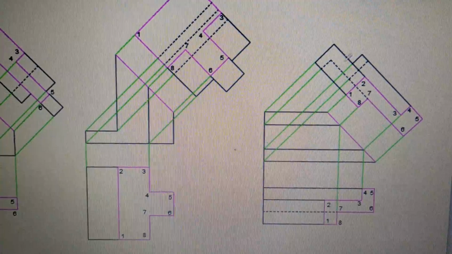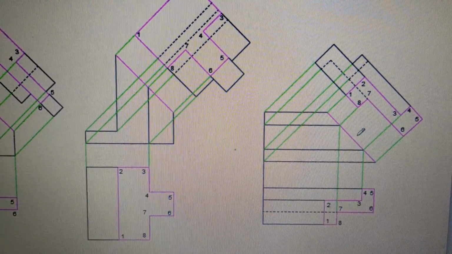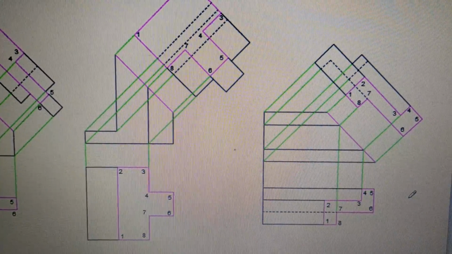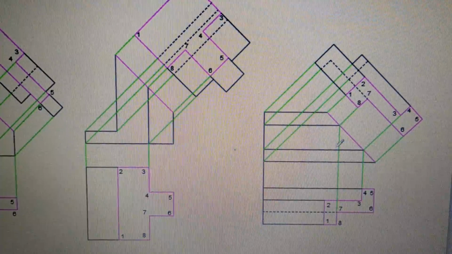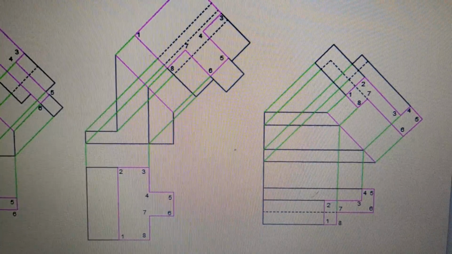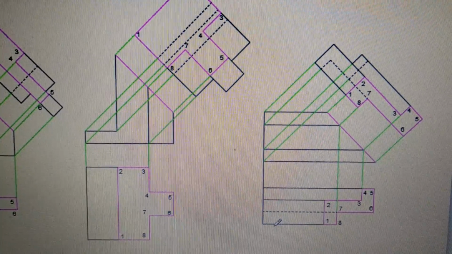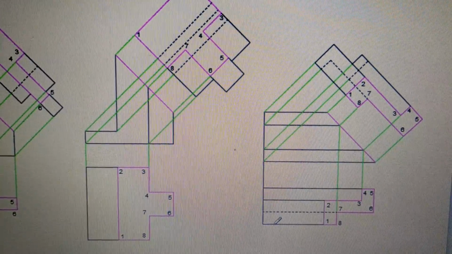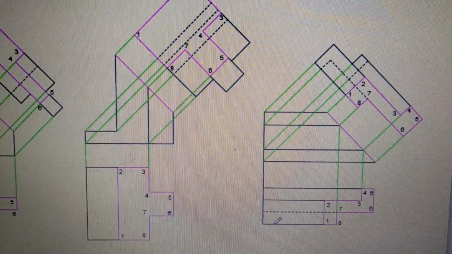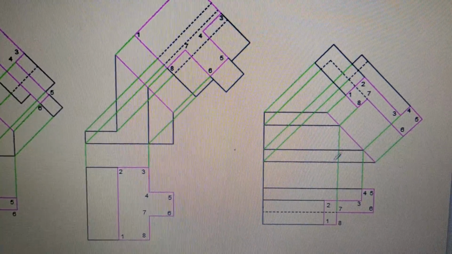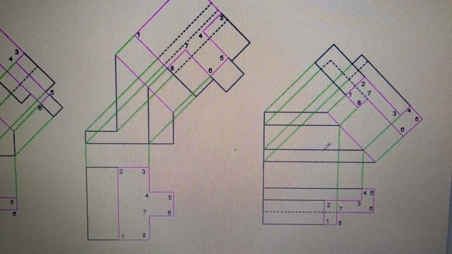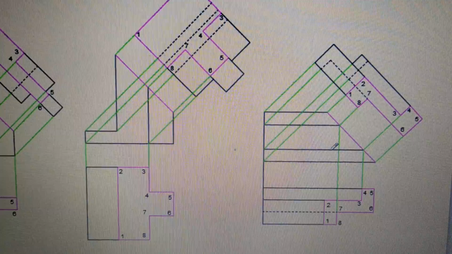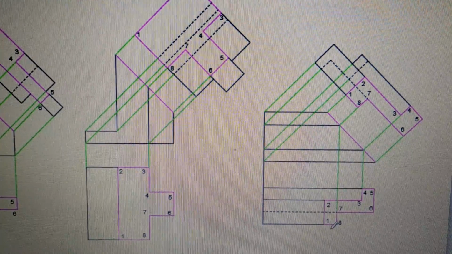Now let's go to problem number 3. Now first try to imagine how this object is. Again same thing, this is the front view and this is the top view. Now this is the object. This object looks like this. In fact this line should be a dotted line. This line is behind, so dotted line. You can see the shape